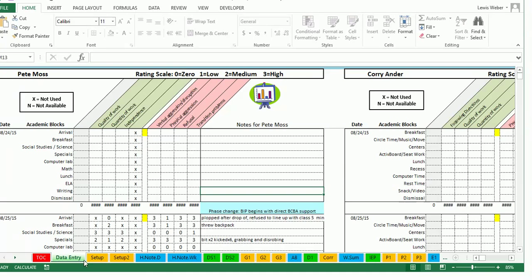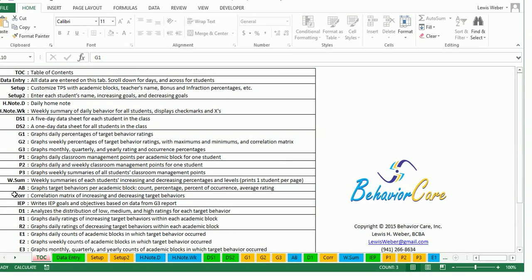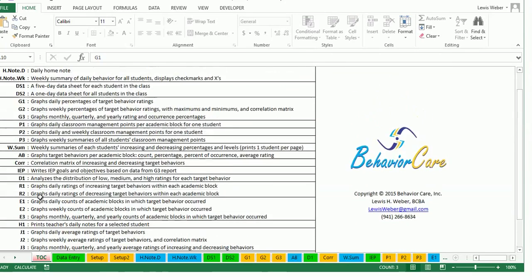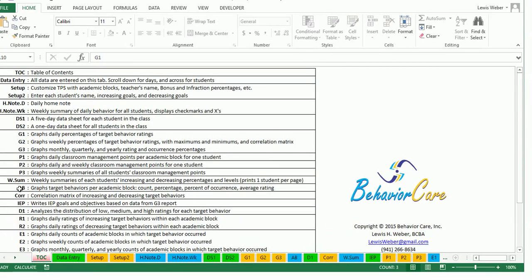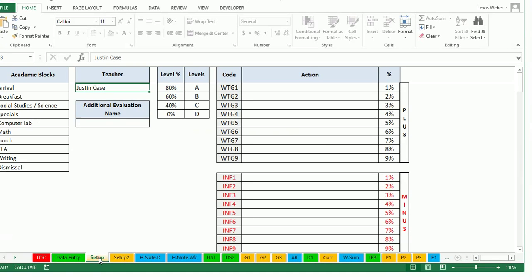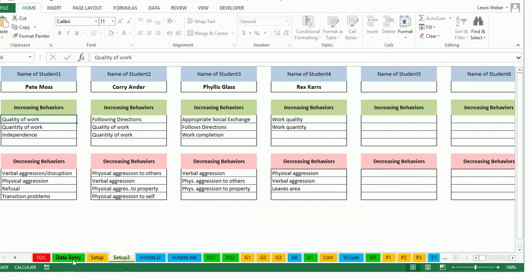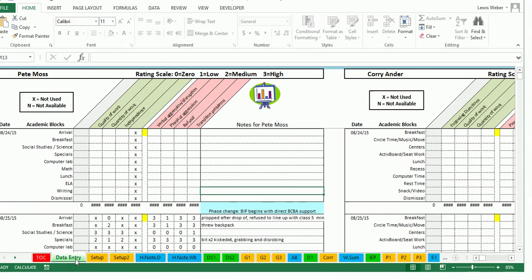I'm going to go over a few of these tabs for those who are not familiar with Excel. That's what these are called, just like they would be if they were file folders, the tabs. And we'll start with the very left here. That's table of contents. Table of contents does exactly what you think it will do, which is to show a short description of each of the tabs that are in TPS. We're going to be focusing on data entry, setup, and setup 2. Those are the three tabs that are most important for getting started with TPS,